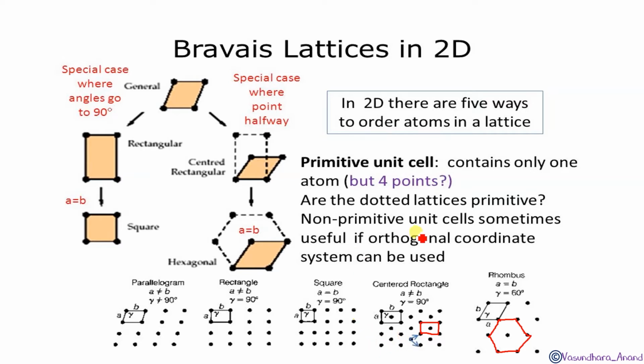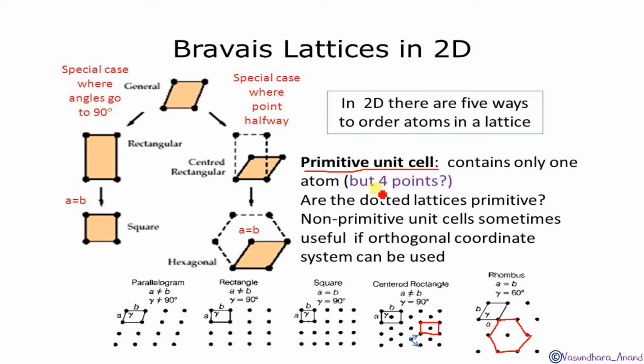So okay, the primitive unit cell is the basic unit cell, in which only corners are there. Okay, and the primitive unit cell contains only one atom. So the question is, it contains only one atom, but how with the 4 points? So I'm going to tell you that we are talking about 2D. 2D means we will talk only about length and width, or length and height. That means only 2 axes we will discuss, isn't it?